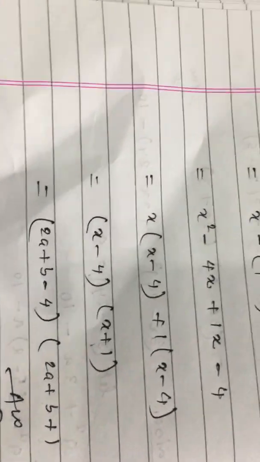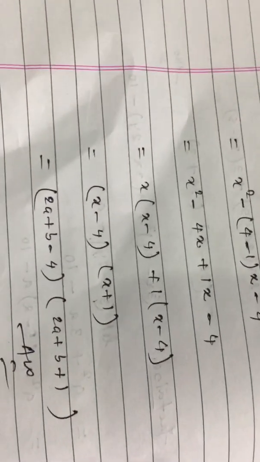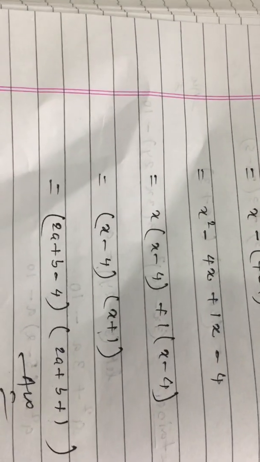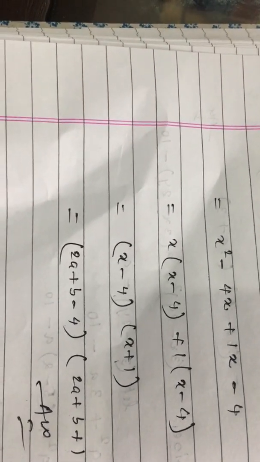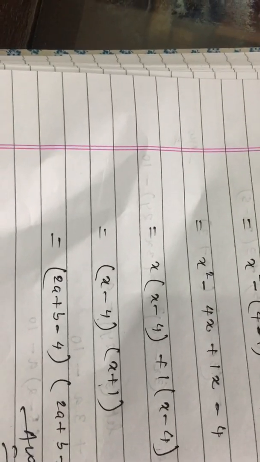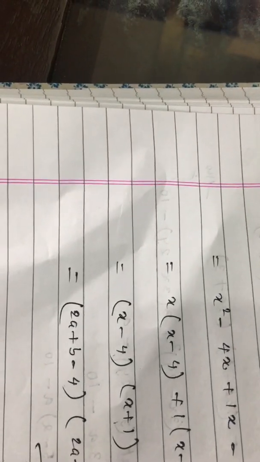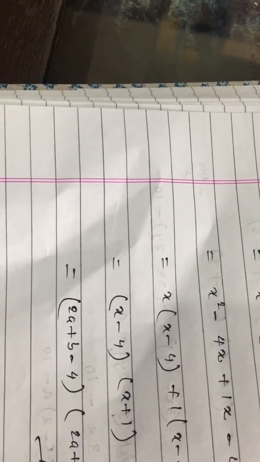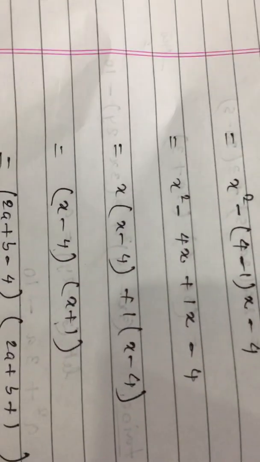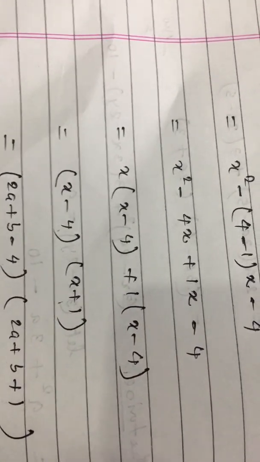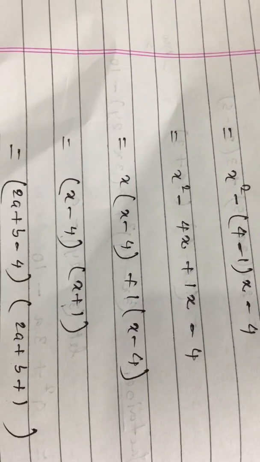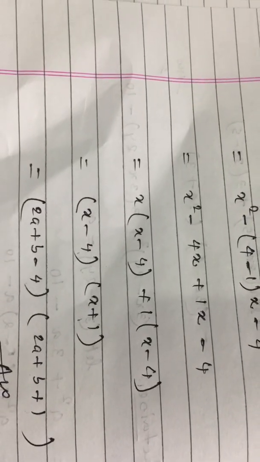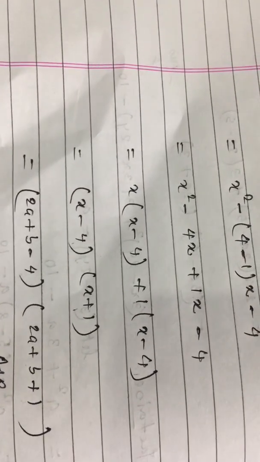So class 9, I am suggesting you, try to complete the exercise that is based on the third type, that is factorization of trinomials and factorization by splitting the middle term. First you have to try some simple questions. Just go through the exercise one by one. Don't skip any single question and try to complete the exercise.